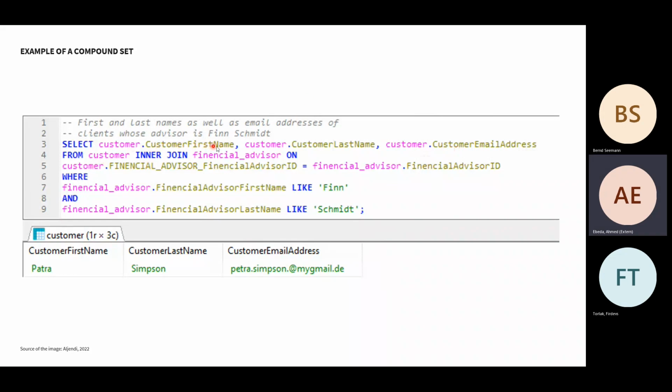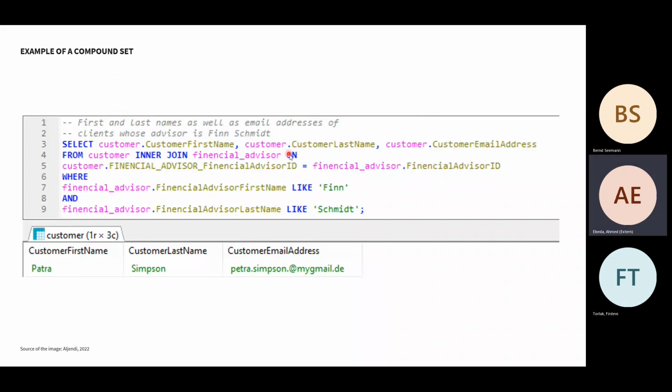Now we need to select customer first name, customer last name, customer email address from customer. If you work as a database developer, you can get a task telling you please select customer first name, customer last name, customer email address, connecting a relation between customer and the financial advisor, where or when. I can give you the condition I need. The condition comes